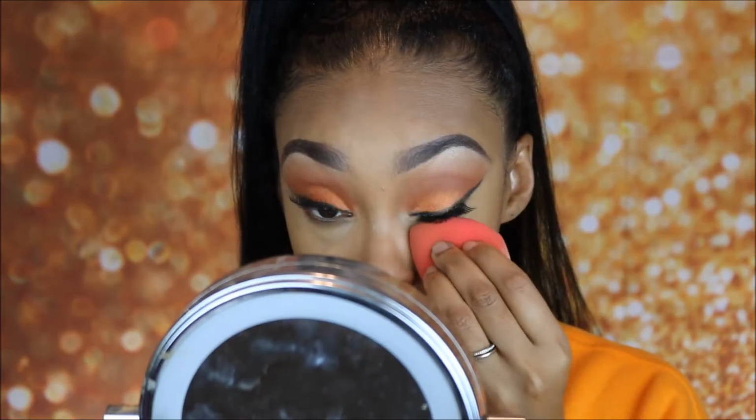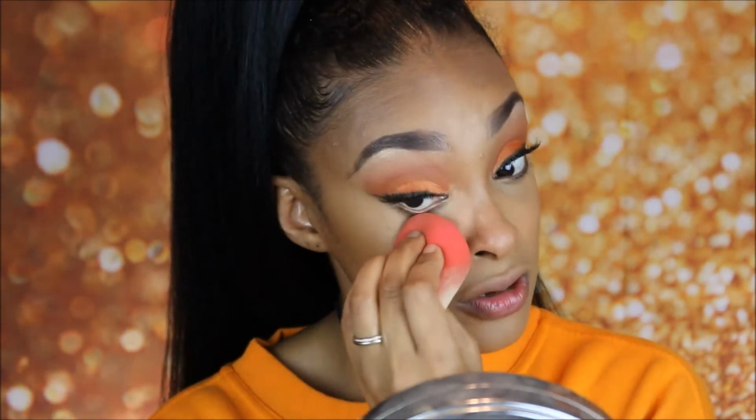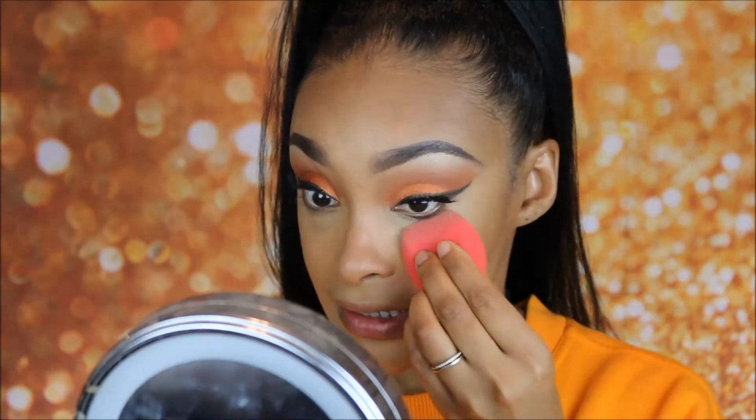You also want to make sure there's no creasing under your eyes before you set concealer with powder, because if you set your eyes with creasing under it, you are setting the creases. So you don't want to do that. I don't really get creasing, but I just did that anyway. Why not? Can't hurt anything. And then I just take my sponge,